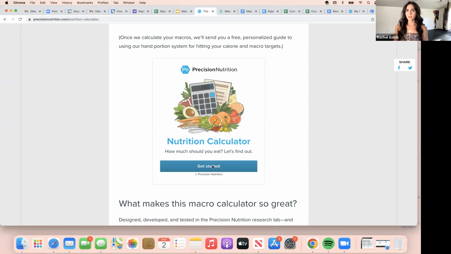But I think for the most part, MyFitnessPal starts people off with really low calories. Precision Nutrition doesn't do that, and they ask better questions. They get more information to have a better recommendation of what it is you need. The reason I'm going through this with you guys live is because there's a lot of questions that people don't know how to answer, and so they get stuck. So we're going to talk through that stuff right now, so that when you get hung up on a certain question, you have an idea of how to answer it so that you can get the best numbers for you.